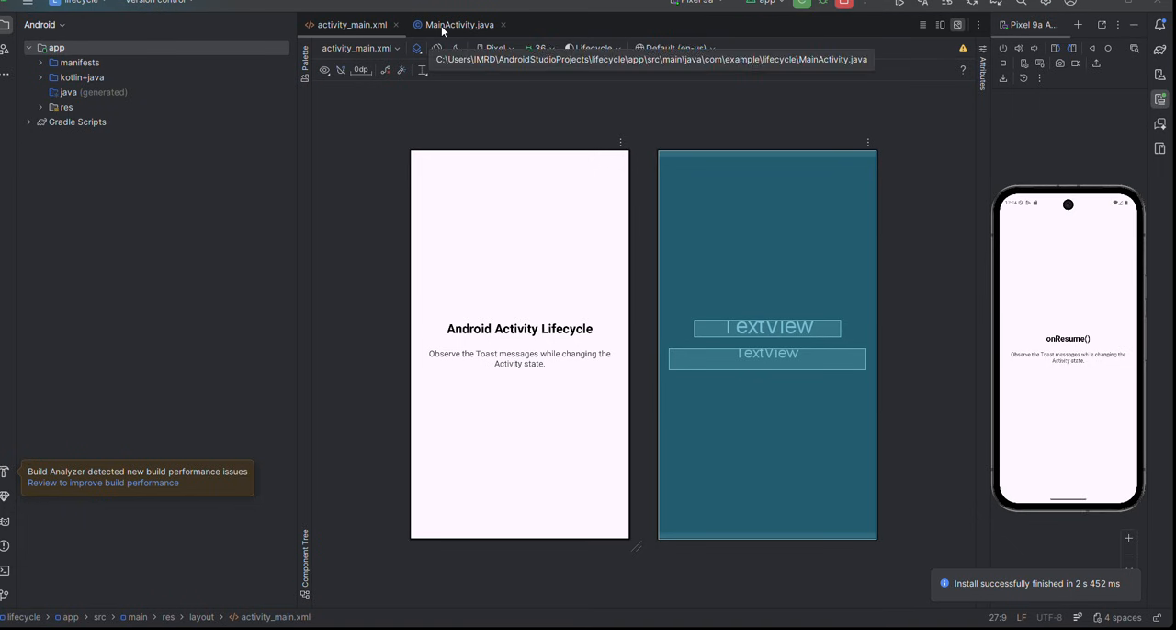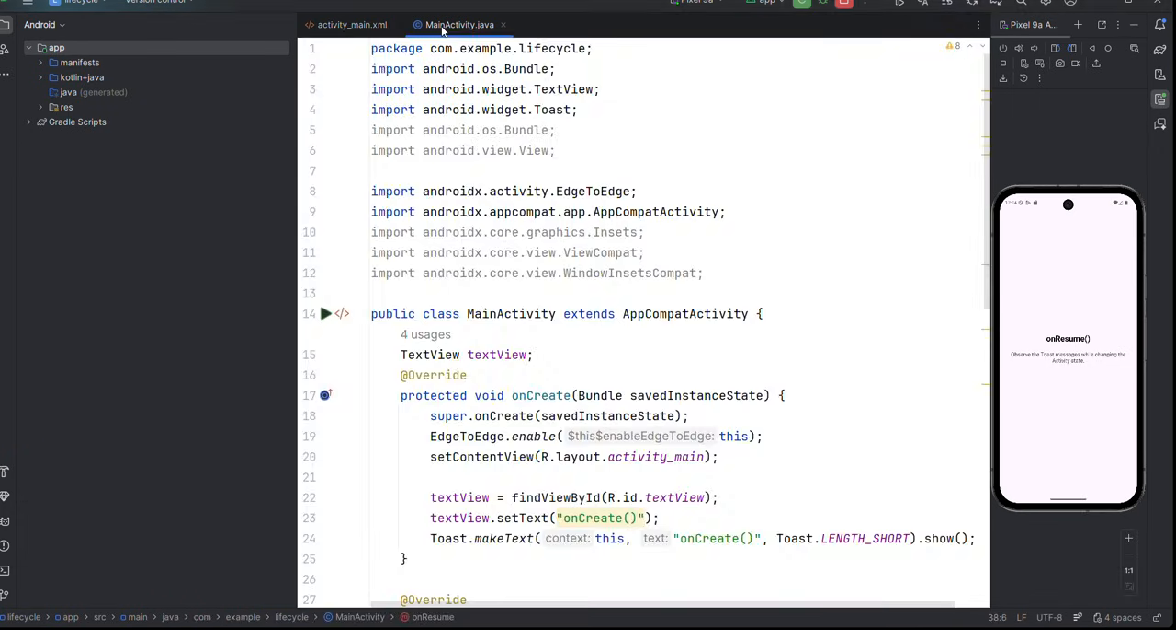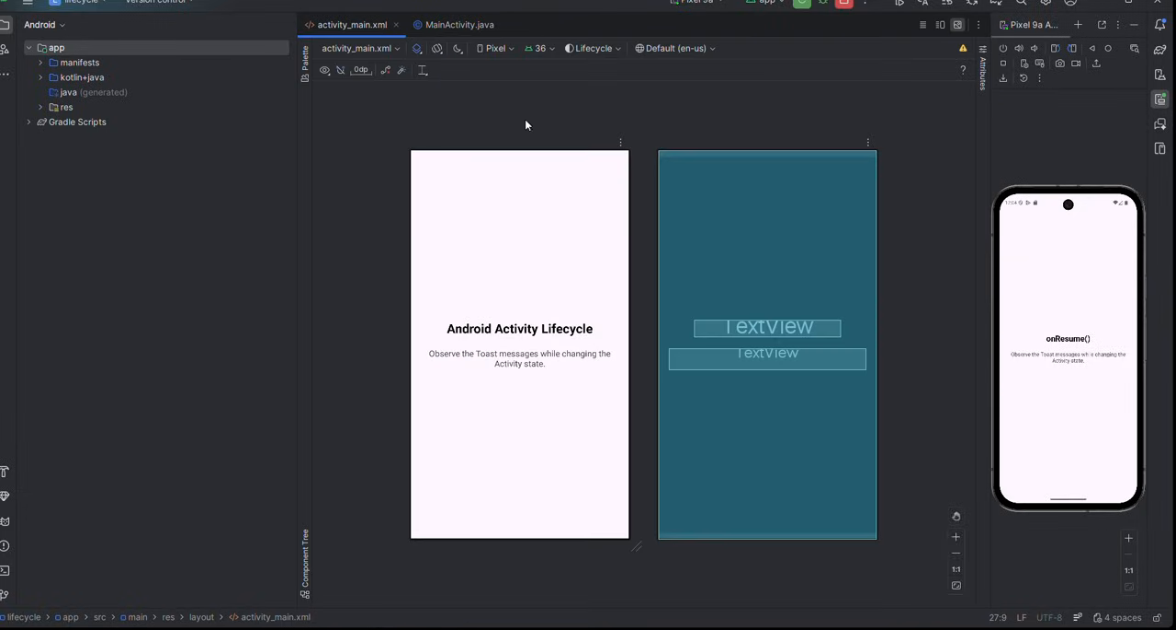So for this program, we need to import the regarding namespaces. First, I tell you the .xml file, which holds the two widgets. That is, the first one is a text view, and the second one is also a text view. But that second text view holds just labeling content. That is, observe the toast message while changing the activity state. But the Android activity lifecycle, that is your